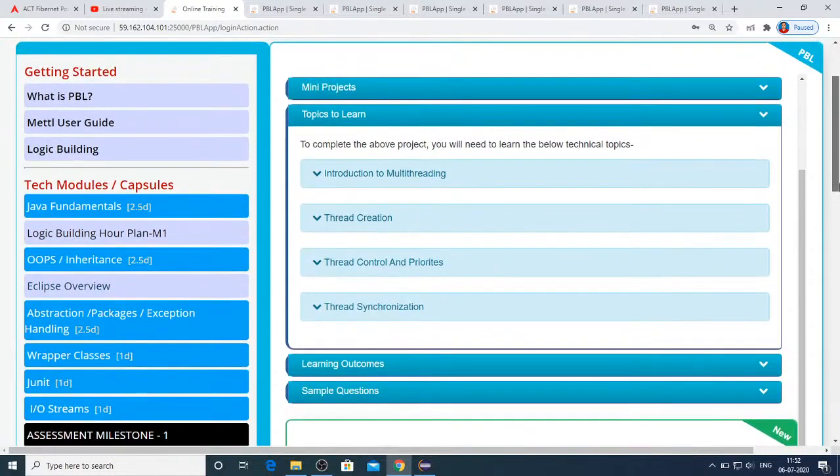And if any of you have any other issues, you can post them to me personally or in the group itself, so that I'll answer you. You don't get direct problems from M1 or M2A, just remember that. But practicing these will help you in solving whatever problem you get for the assessment milestone. That's the only thing.